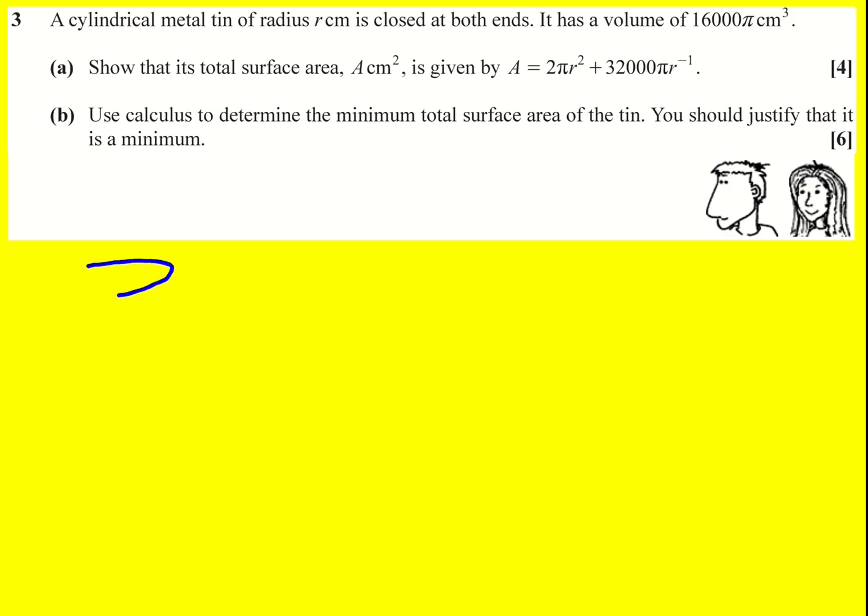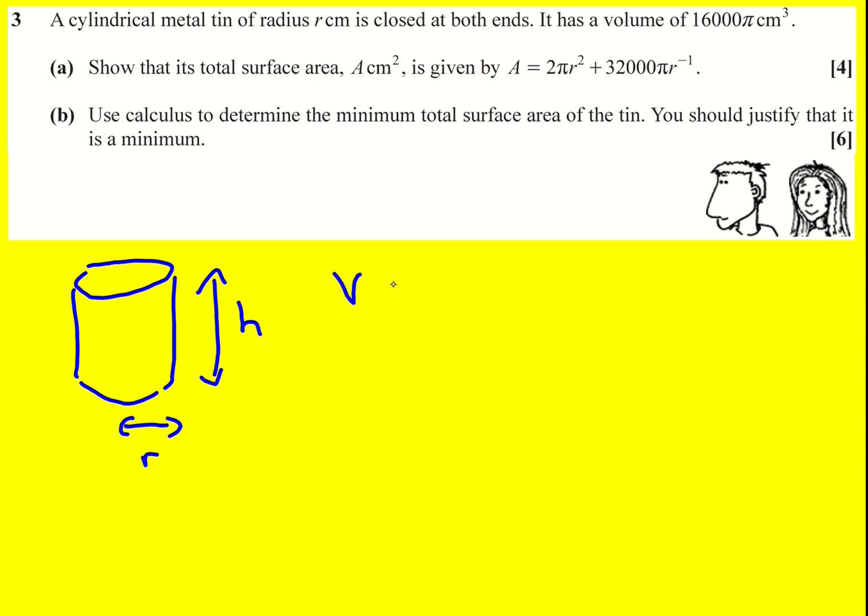Let's get a sketch of the cylindrical tin down. So here we go. We know the radius is r. We've been given the volume. Somehow the height is going to be involved. So the first thing I'm going to do, I've not even really read part A, but I'm just going to